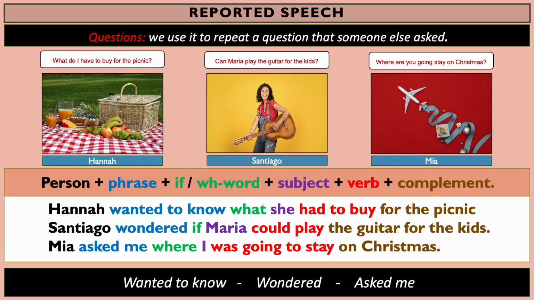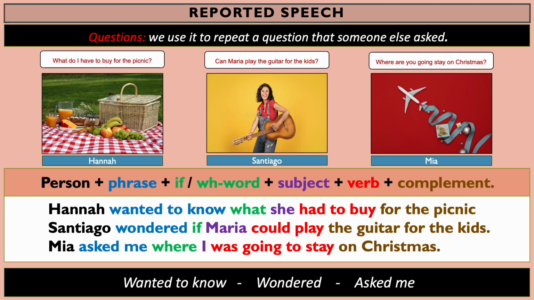Reported speech questions. We use it to repeat a question that someone else asked. In this case, you are going to use phrases like wanted to know, wonder, or ask. In this case, ask me, but you can use other object pronouns like ask her, ask him, depending on the situation. The formula is the following. You need a person, the person that is asking the question, then the phrase. You're going to use if